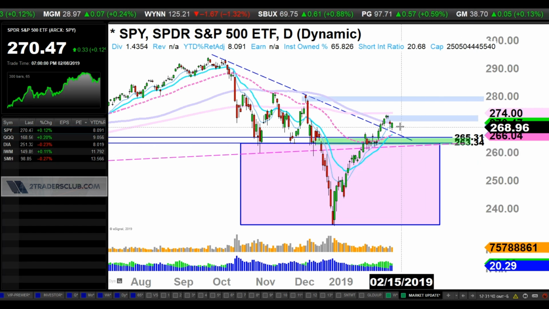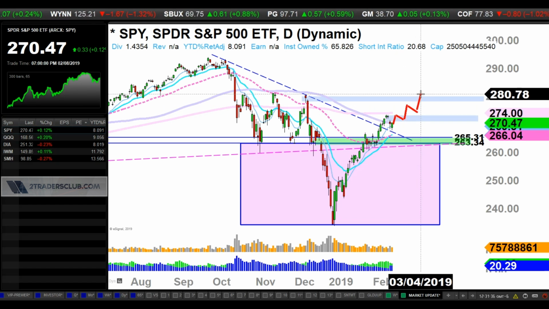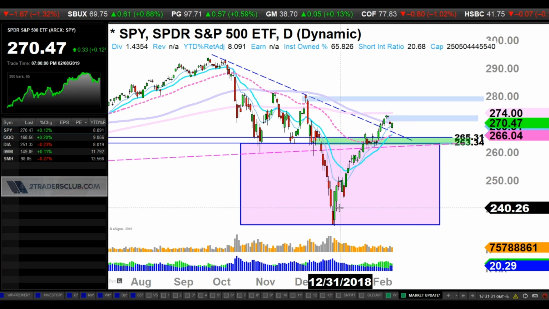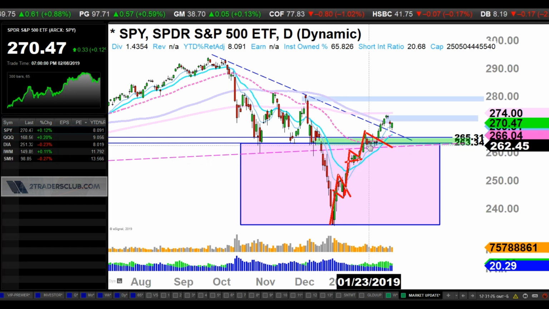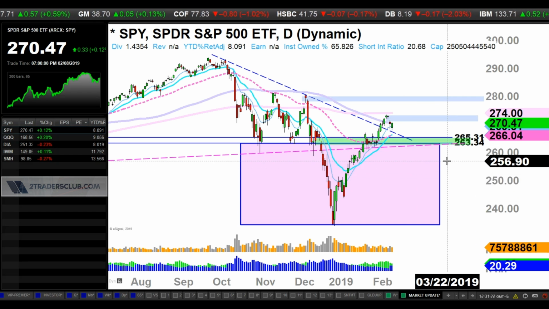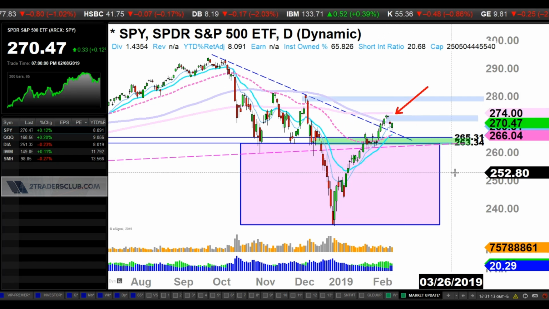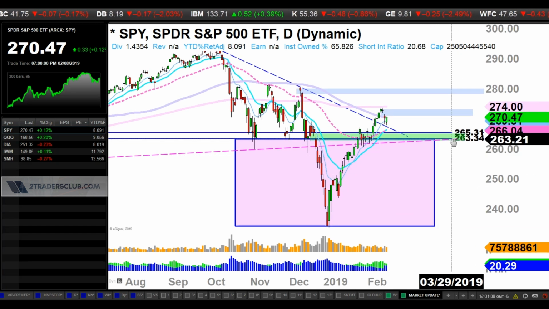Maybe we get up here, fill this gap, maybe pull back a little bit, get up, pull back a little bit, get up, fill this gap, something like that. That's what I've been saying since back in the 240s: we get up, pull back, get up, slow consolidation, get up, pull back, get up. Remember I've been saying that. And we may continue to see this kind of movement in the next several weeks here. So I think that gap is going to be important to keep an eye on if you're really inclined to keep things in the short term.